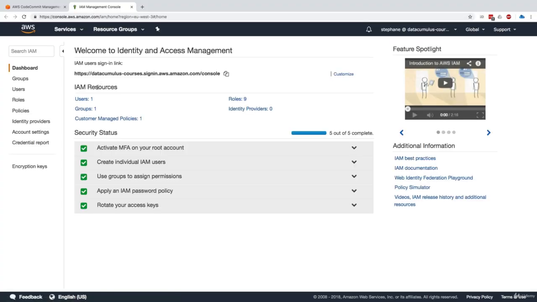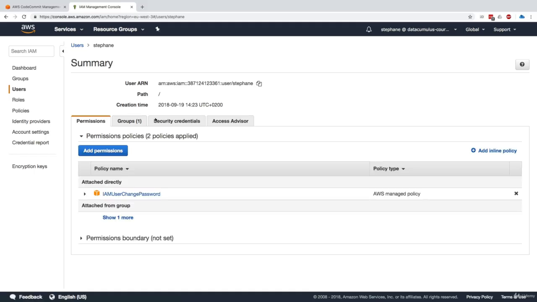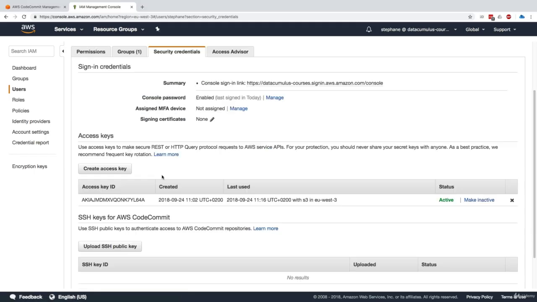In the IAM console, there is something we may have missed in the past, but we're not going to miss right now. If we click on users and click on our own user, we can see if we go to security credentials that there are many different options. The first one was the access key, and the access key was basically enabling you to access the AWS API using the CLI. And we've been setting it up and working great.